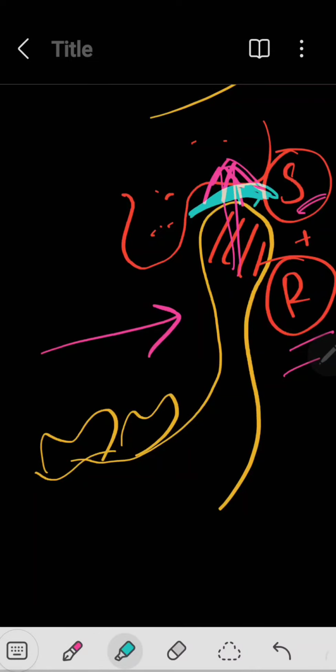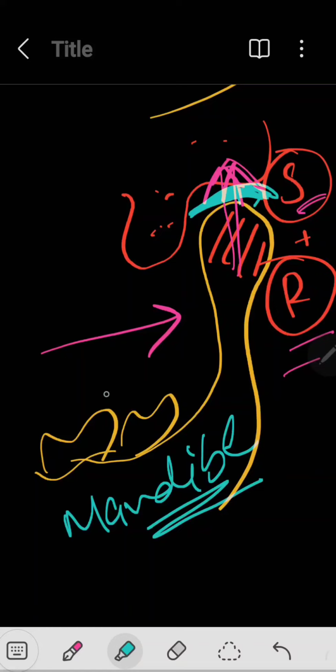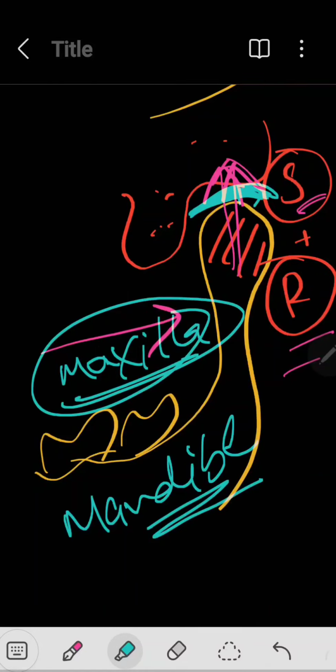This is the articular disc. At that time, the relationship of the mandible with respect to the maxilla describes the centric